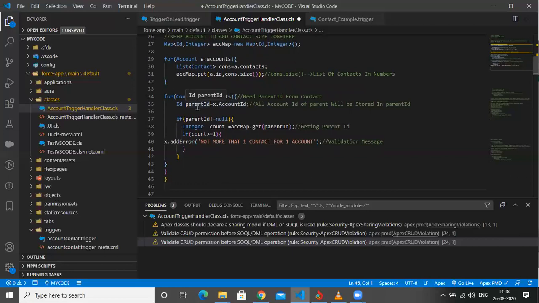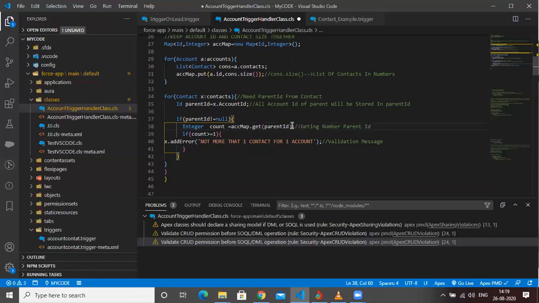Now this parent ID, if it is not null, then only the action will be performed. What's the action, sir? The action will be very simple. My account map dot get, if it is not null, so my first duty is to get the parent ID. Once I get the parent ID, I store those in this count, which is a type integer, means number, getting number of parent ID.